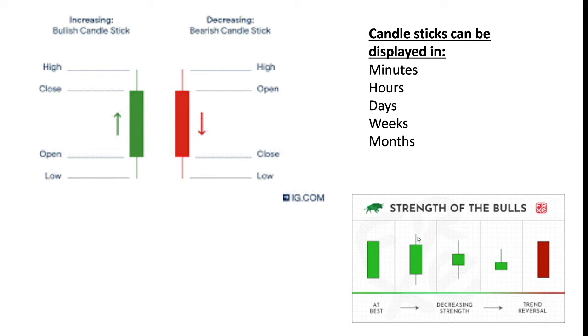Second best, you see there's some struggles. That's what you call the tails. Here in the middle, you could start to see it kind of reverse. It's what you call a spinning top almost. And in here you see it failed to go up, and it's a small gain, and now finally the trend reversal, which means it's going back down.